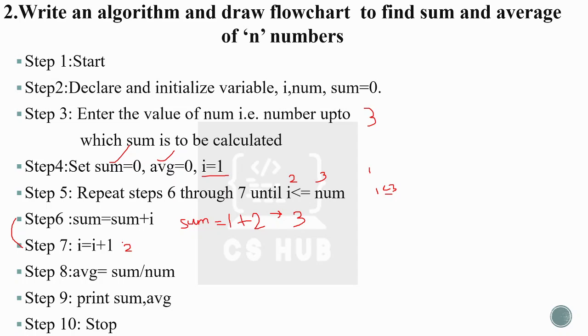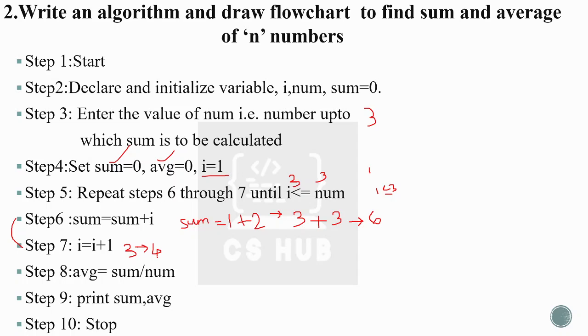Then I is incremented to 3. Again check this condition here. 3 less than or equal to 3. So that's also true. Then enter into the loop. Step 6 means sum plus I, and I is 3. Then 3 plus, now the value of I is 3. 3 plus 3 is equal to 6, right? 6. Then I is again incremented to